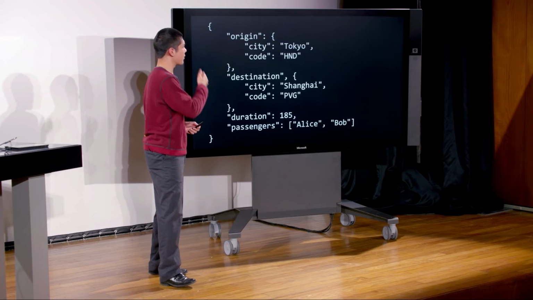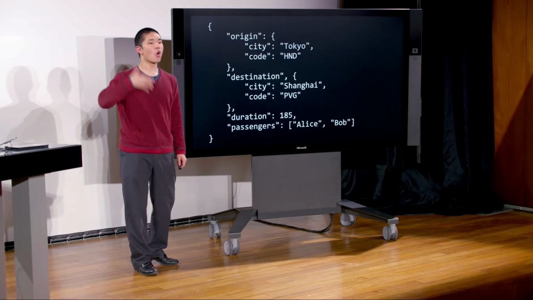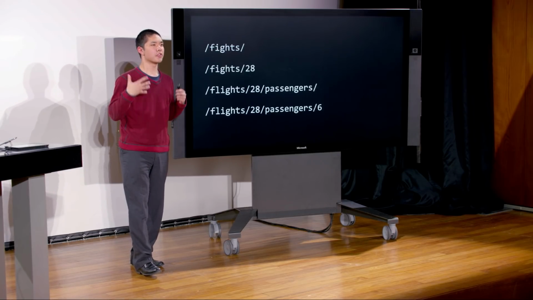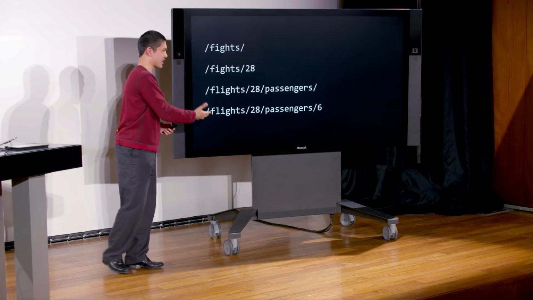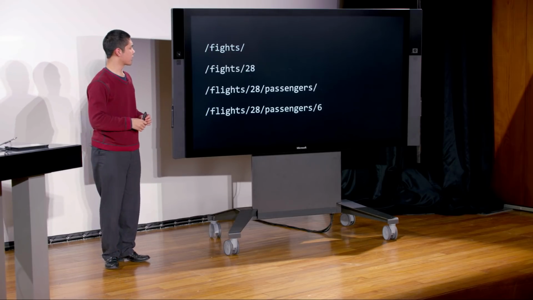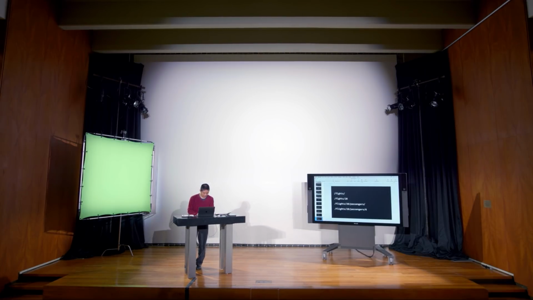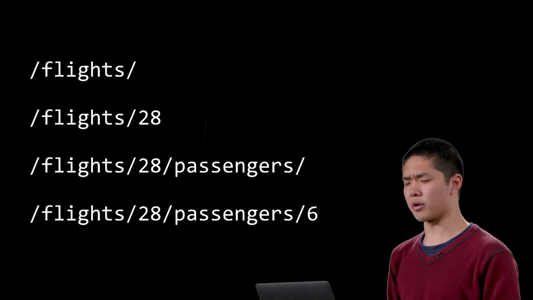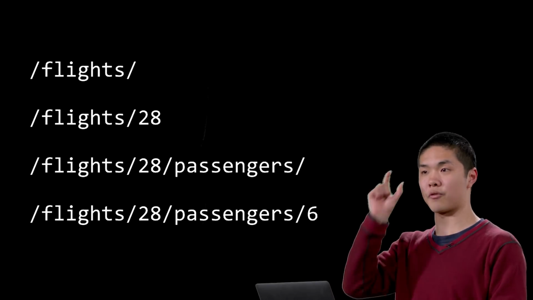So how are we going to do that? How are we going to take our web application's API and interact with either our own web application API or some other one that exists elsewhere on the internet? Well, oftentimes it's going to happen through the URL, where inside the URL of the web page, we're going to specify what particular information we want to access. So for instance, going to /flights, for instance, would give you a listing in the API format of all of the flights. And going to /flight/28 would give you an API JSON response of information about the flight with ID number